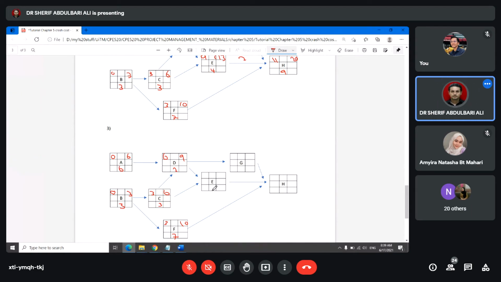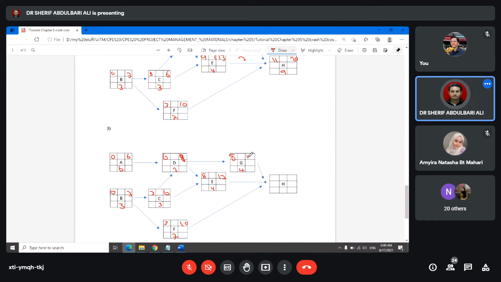Okay, so here 8. We are making here, this one is 8 and 4. So this is going to be 12. So this one is 8